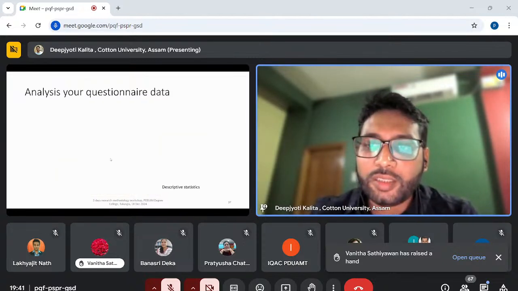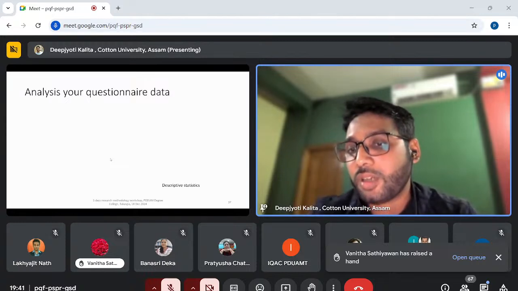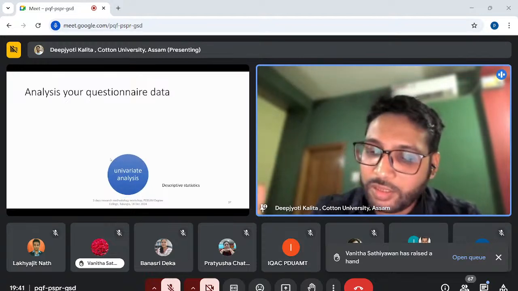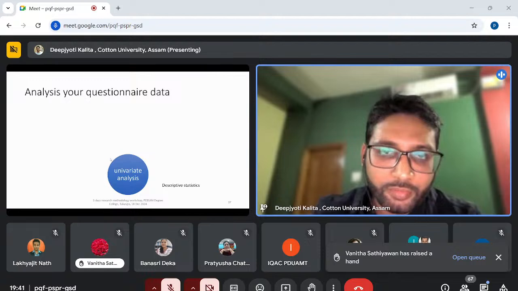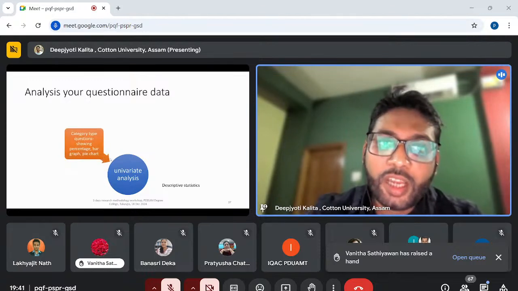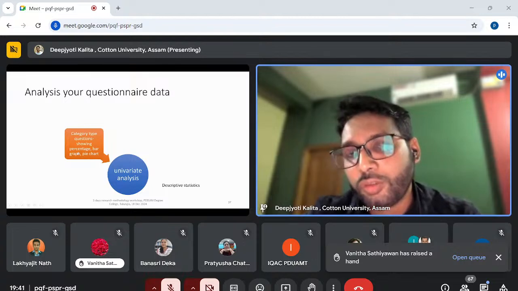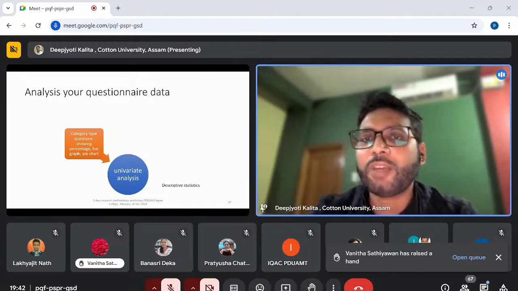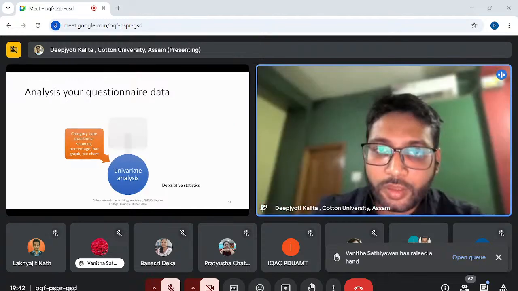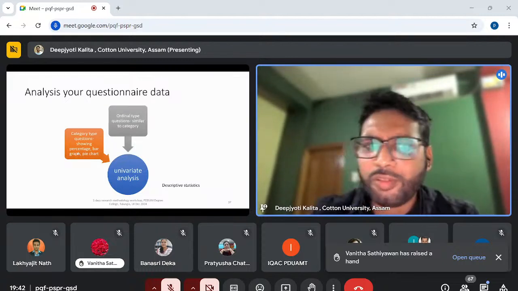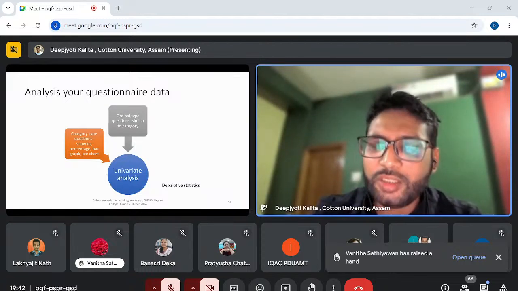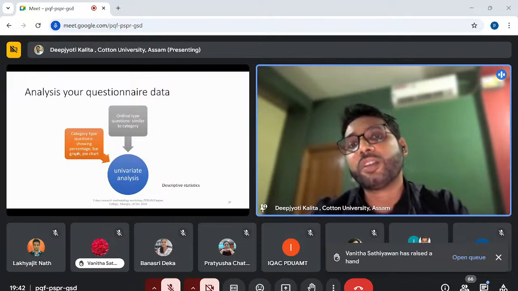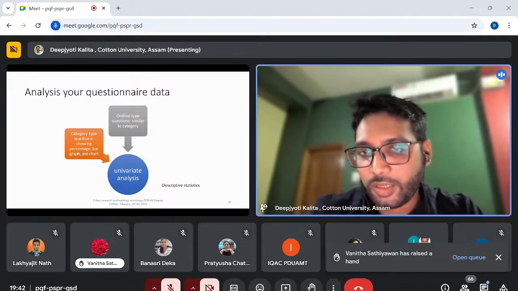What I am discussing now can also be called descriptive statistics. One is univariate analysis. The single part, univariate, means you are analyzing a single variable. For category type of questions, as I have already shown, you can use percentages, bar graphs, or pie charts. For ordinal type of questions also, you can represent through figures because it's the simplest and easiest way of representing things. It is easy for the readers to understand the findings also.